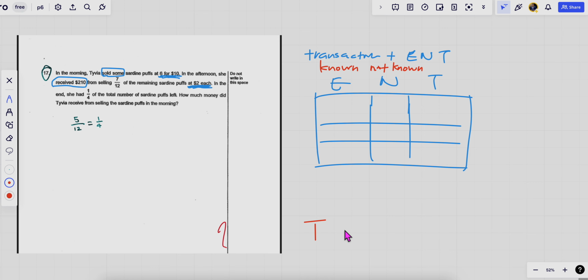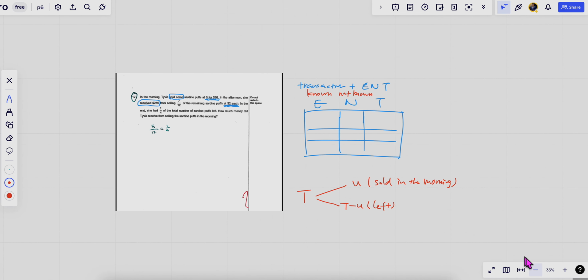So some sardine, how much? I don't know. So let it be U. So in the morning. Then if you start with T, then U sold in the morning, so you left T minus U, right? So this is what is left after morning, right? Then this left